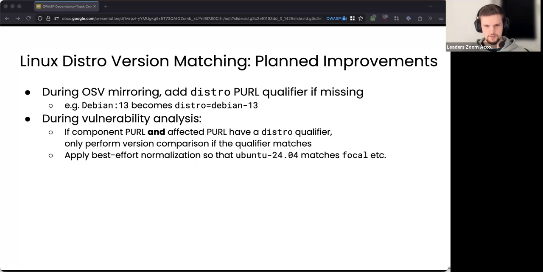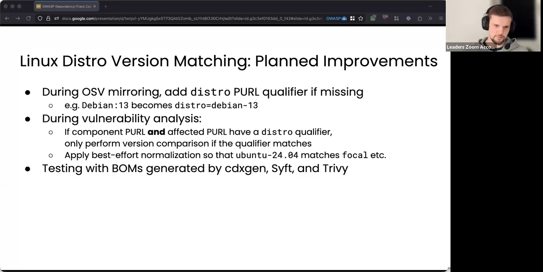This should be 20.04. Then it also matches a PURL that says focal, right? But this, again, is kind of best effort because the knowledge that we have can be out of date. There can be drift, if you will. We try to do as much as we can, possibly.